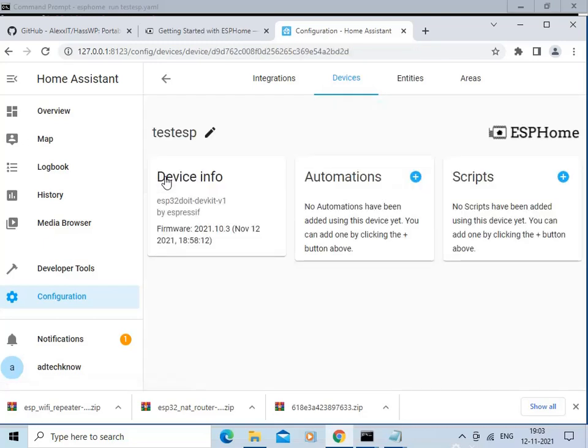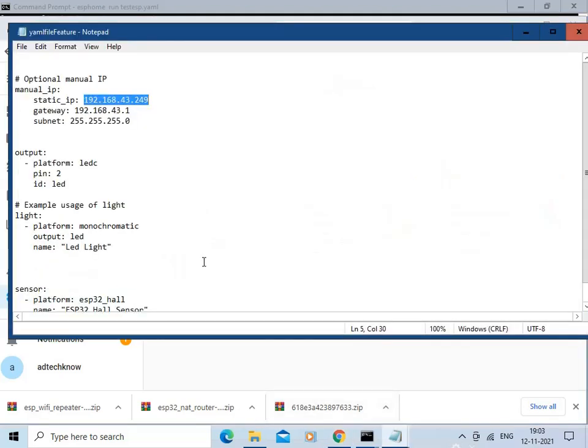Click over here, and this is our device info page. This is the name of the development kit, firmware version, date. Now we are going to add some functionality to our YAML file. I am having the code ready with me. This is the code for the LED operation.